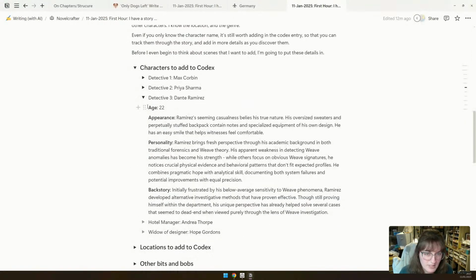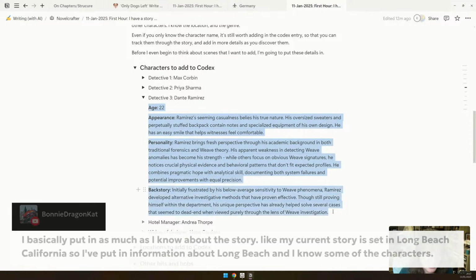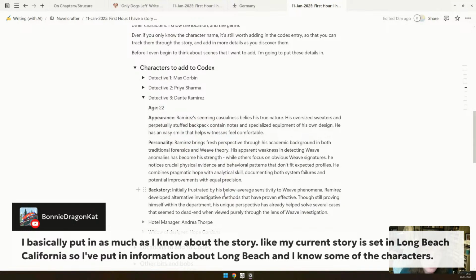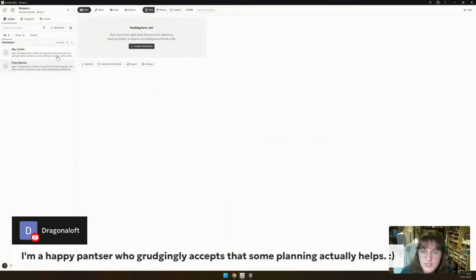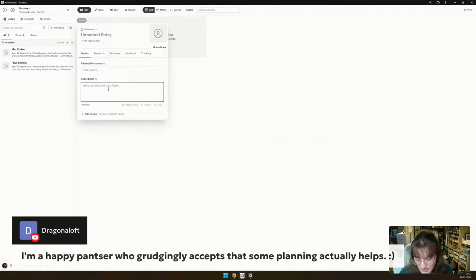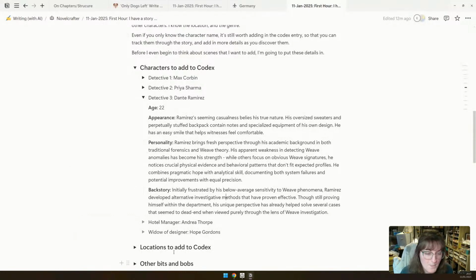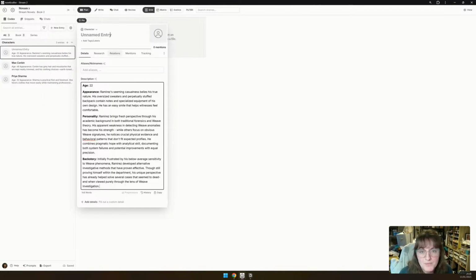You may have noticed as well, here with Andrea Thorpe, the hotel manager, and Hope Gordon, the widow, I've not actually put anything in the codex. I've not got any details. It's very simple, and that's to show how you can do that yourself.